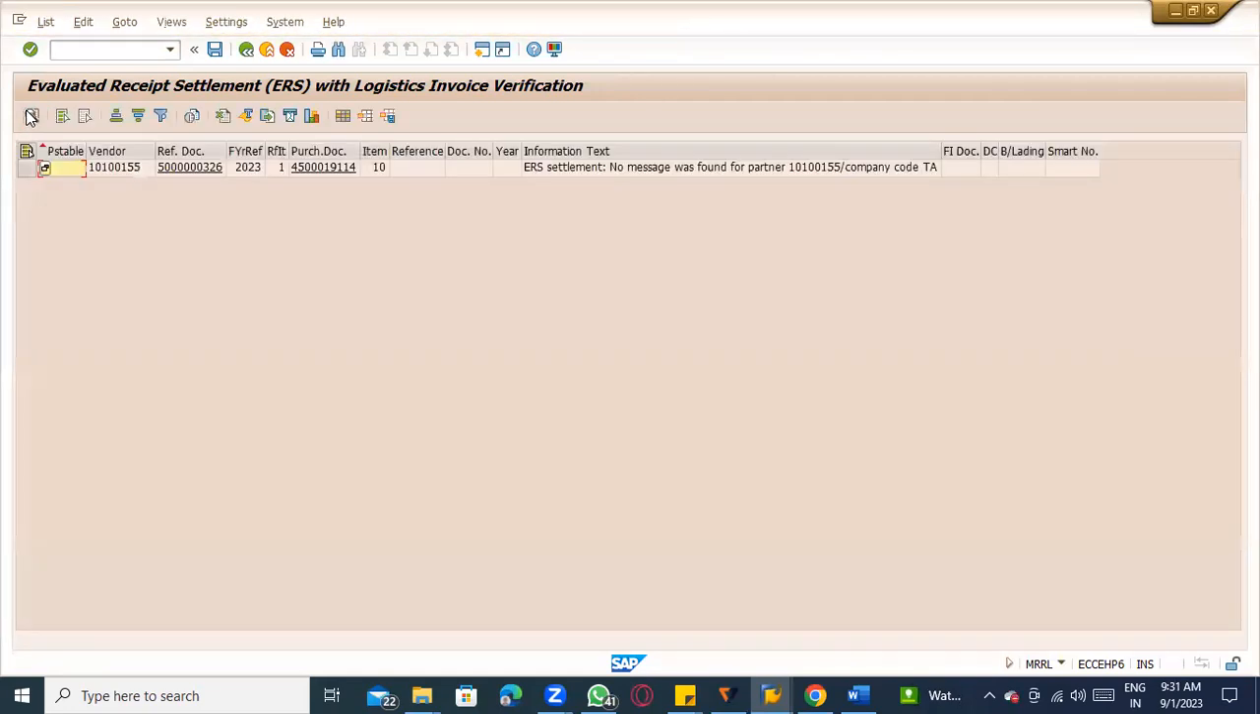If anything is missing, then the system will be okay. ERS settlement: no messages were found. Okay, so it is giving that no messages found. So that means, what is the meaning of this? After you clear this,